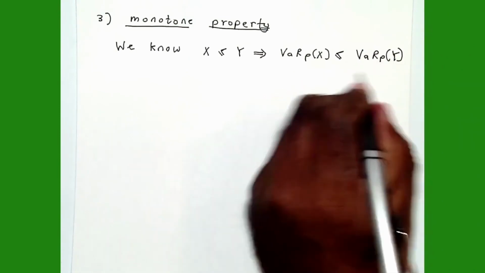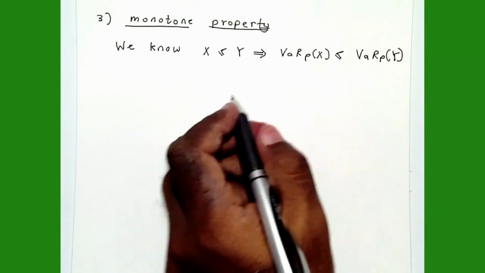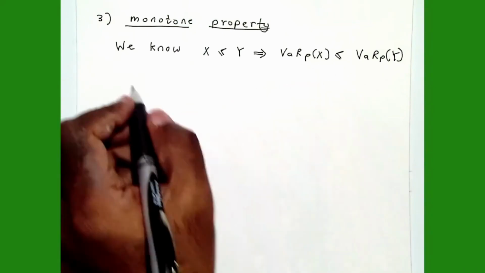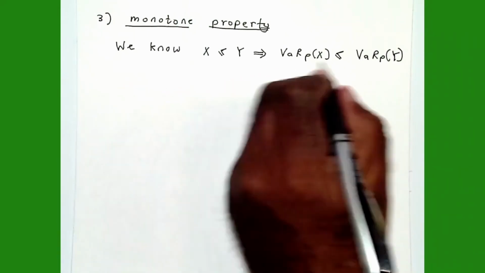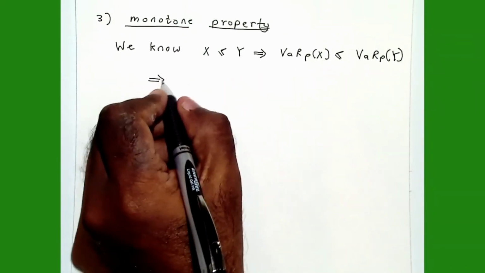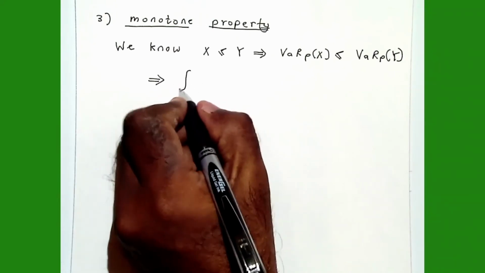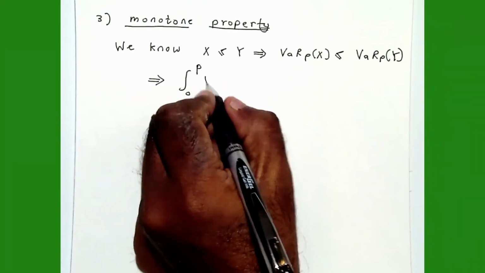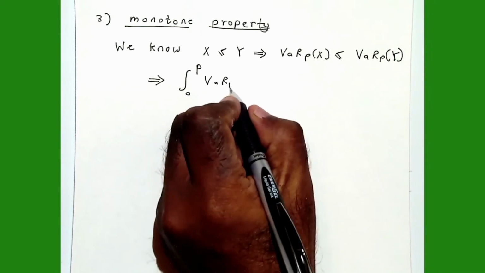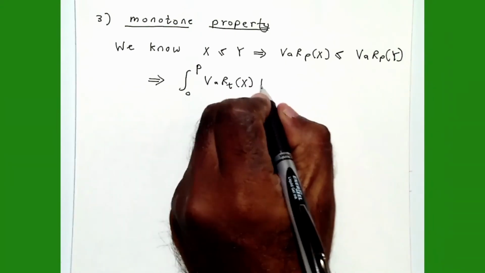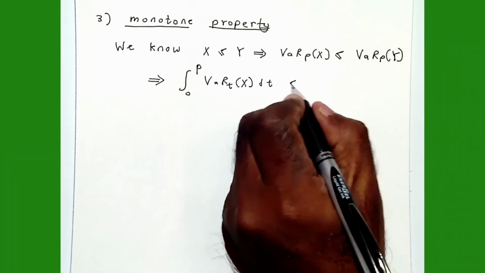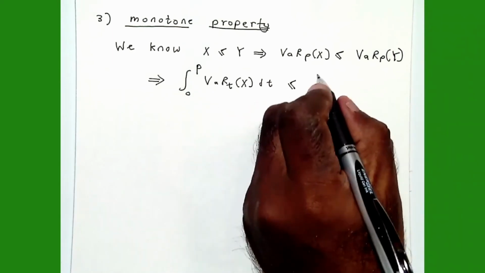All right, so I'm going to use this result to prove the same thing for ES. So using this result here implies that the integral of VaR of x is less than or equal to the integral